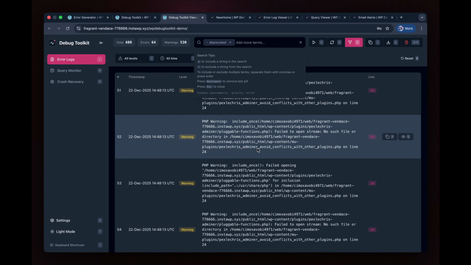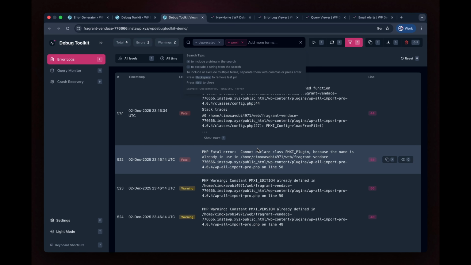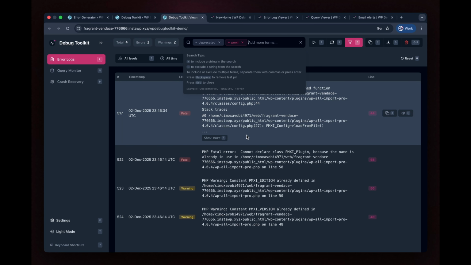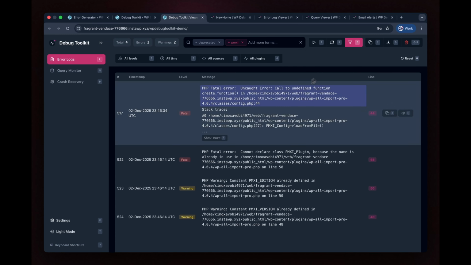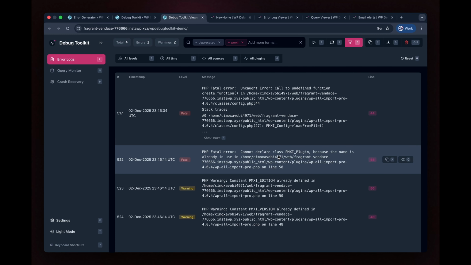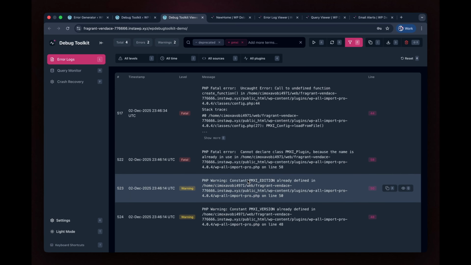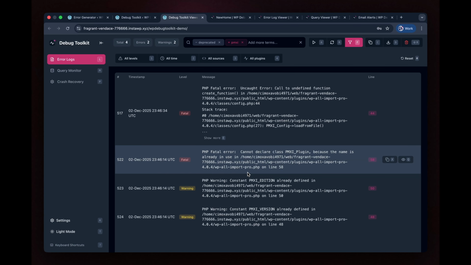And then we only want to see, I don't know, some specific keyword. So maybe PMXI, which, if you've worked with WP All Import, is an amazing plugin. I actually worked there and still kind of do. So this is one of the keywords we use internally for prefixing our methods and functions and whatnot. So right here, you get all of the log entries that have the PMXI keyword on it,